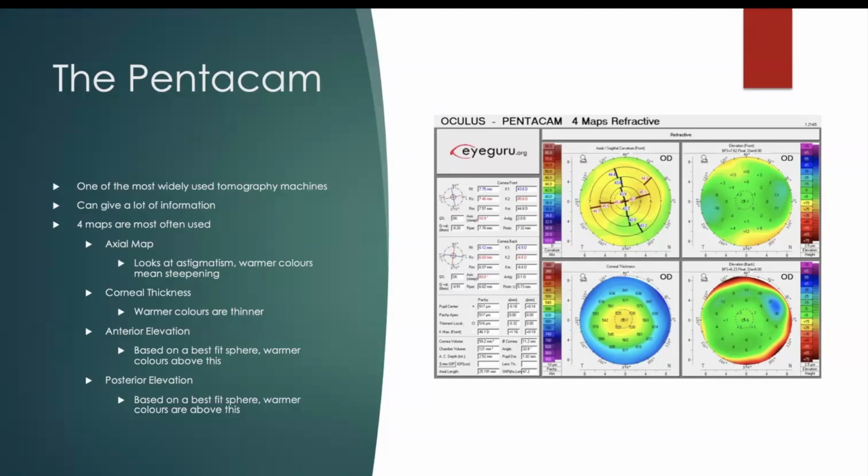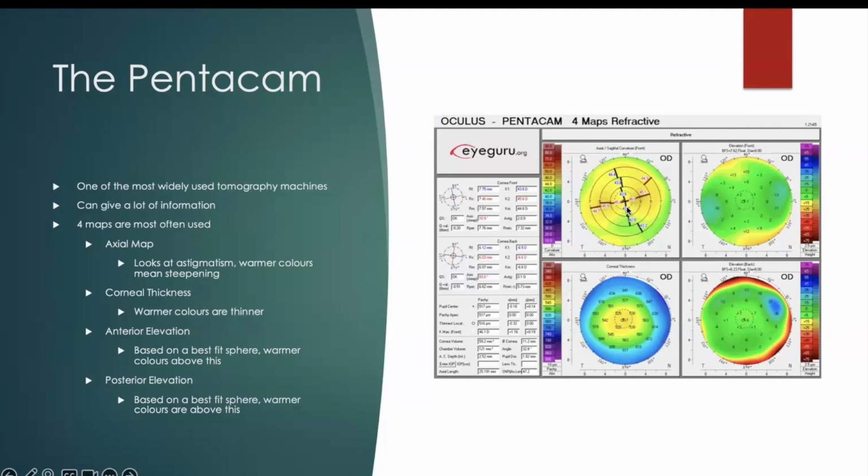So you'll get the 4 refractive maps, and here in the top left, you have the axial map that looks at your astigmatism, and the warmer the color, the steeper that axial front curvature is. So the greener areas are less steep, shallower parts of the cornea, and then the steeper parts of the cornea here are in